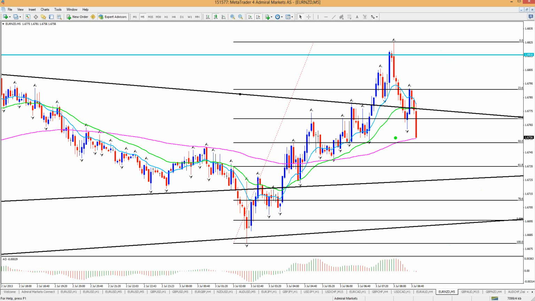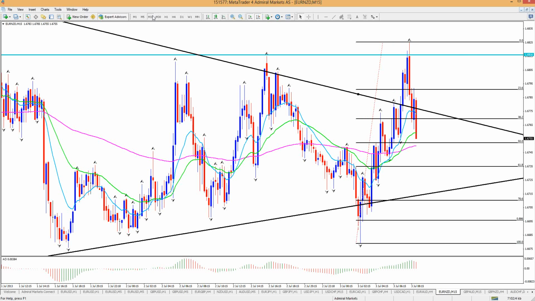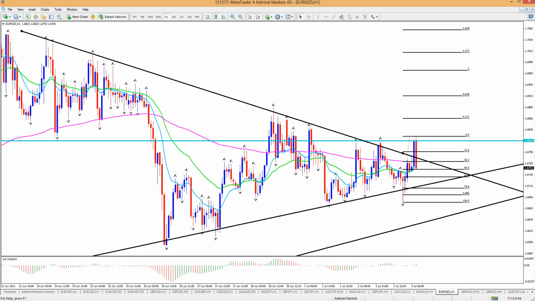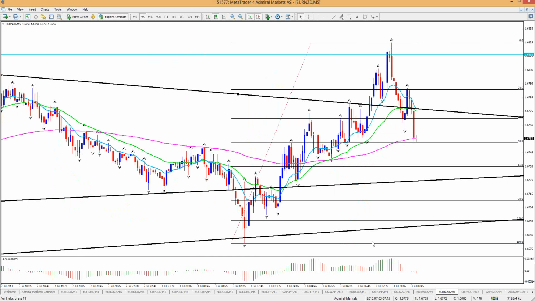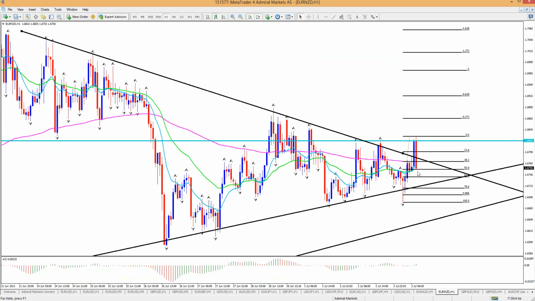So let's see how that turns out. But the 50-minute AO is turning as well. So that could mean a bigger retrace as well on this time frame. So that means that basically, we could be doing something like this for a few hours and then get the next break. That could take still a long time. But the 50-minute world could continue still. Right? So that's a bit tricky.